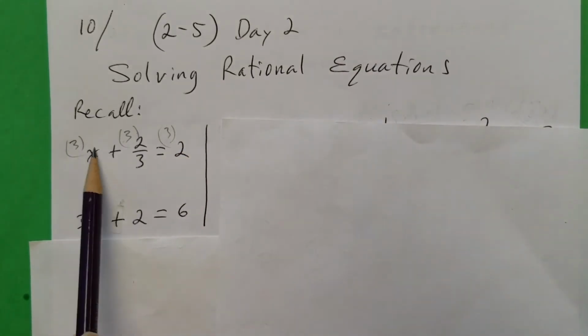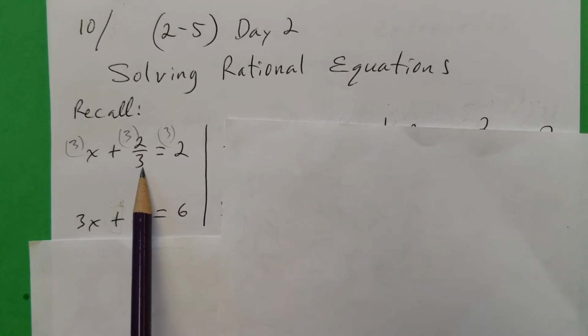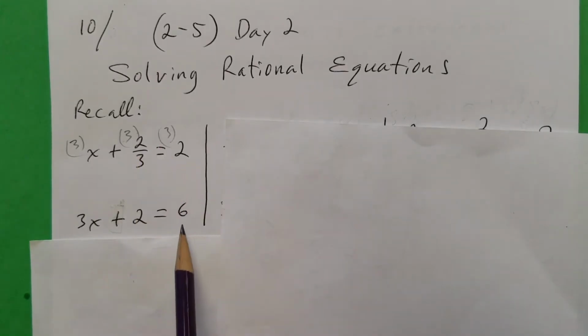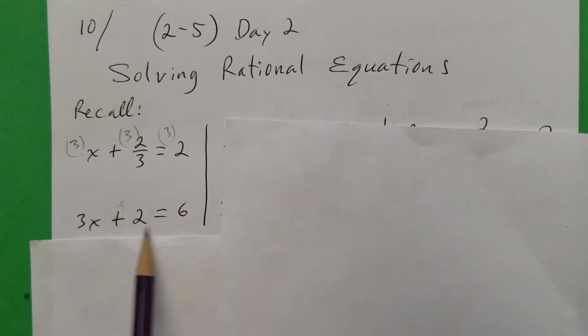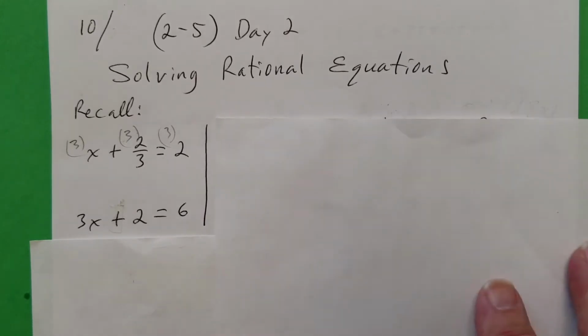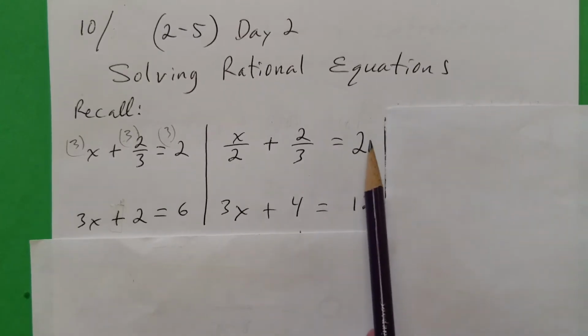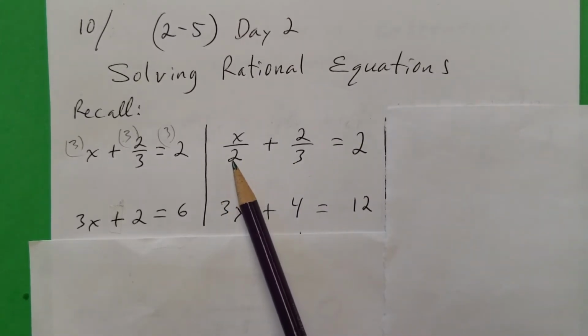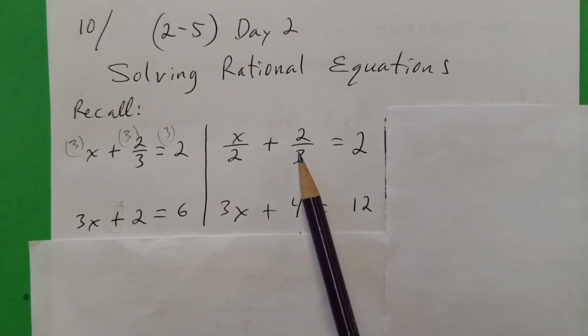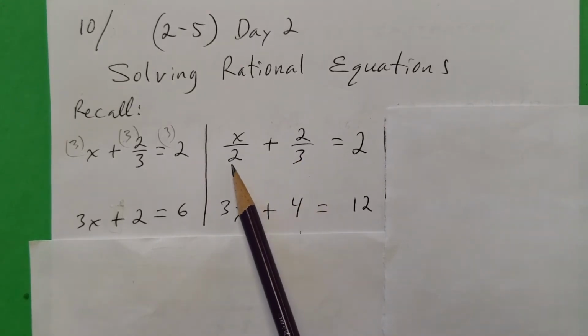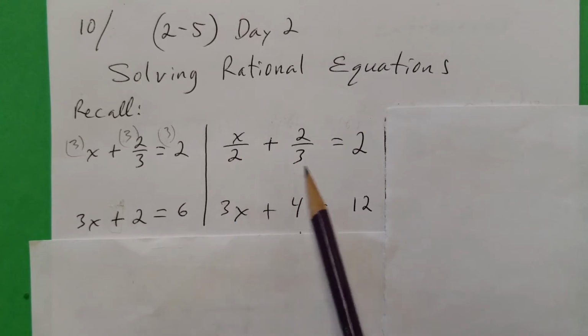3 times x is 3x. The 3's cancel here, so I'm left with just 2. 3 times 2 is 6. So now I end up with an equation, no more fractions. That's what I want you to do today. So you see an equation. It has maybe 2 fractions. I want to cancel the 2 and the 3, so what you do is you think of a common